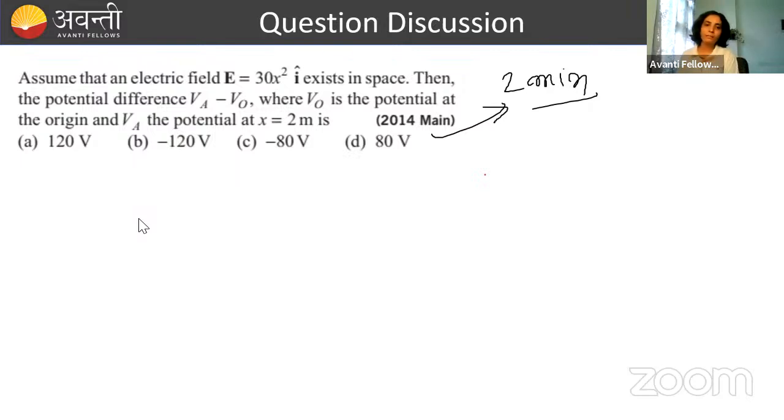Which formula will come here in application? चलो मैं formula बता देती हूँ. So potential difference dV is written as minus E dot dl. And this is the formula of potential difference between these 2 points where electric field is E and distance between 2 points is dl. Done. So here you will require the use of this formula. Now attempt it. Do it.